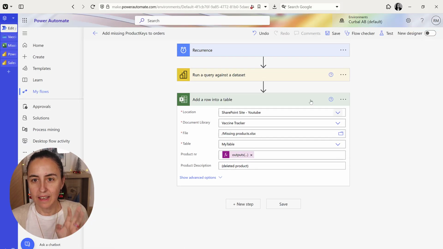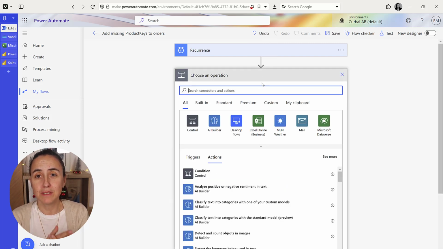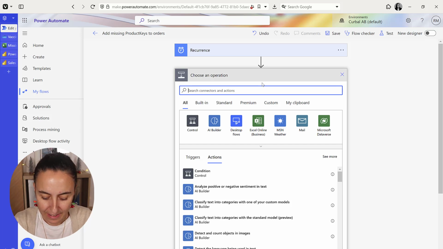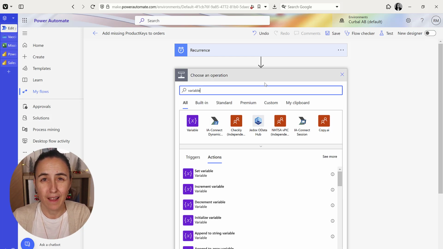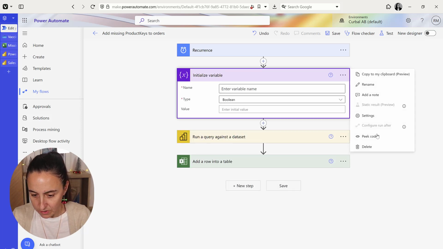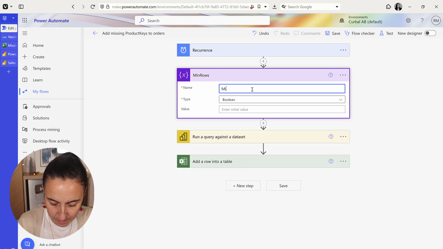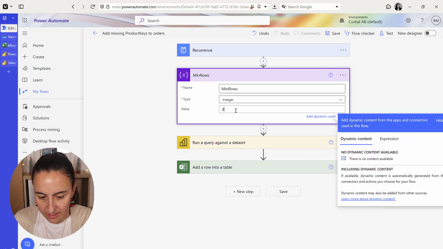back to Power Automate, and we're going to first initialize a variable that would tell what is the minimum number of rows, and then we're going to increment it, like loop it. So we start with 0, with 1, with 2, right? So here we're going to write variable. This is the same as when we were doing the export more than 100,000, exactly the same steps. So initialize variable. I'm going to rename it min rows, and it's going to be an integer, and I start at 0,